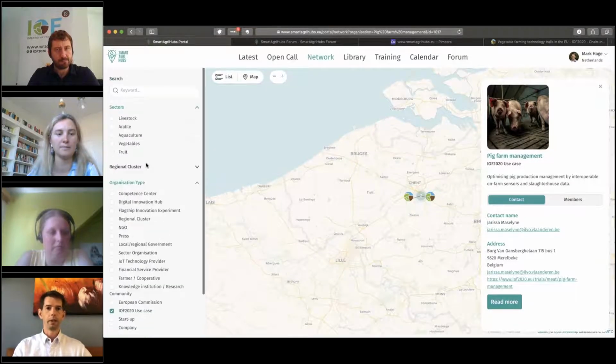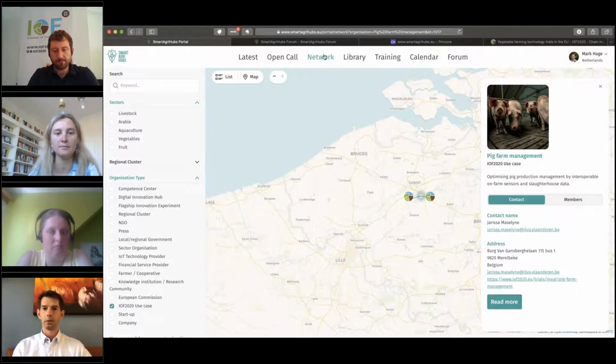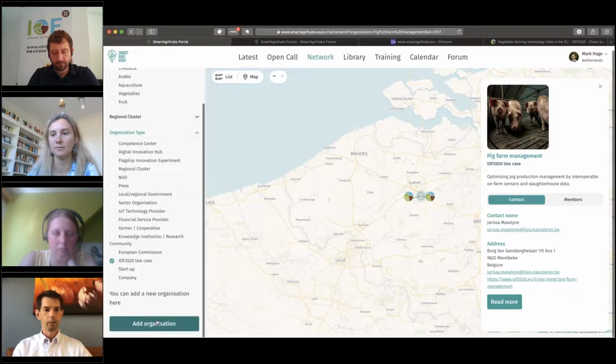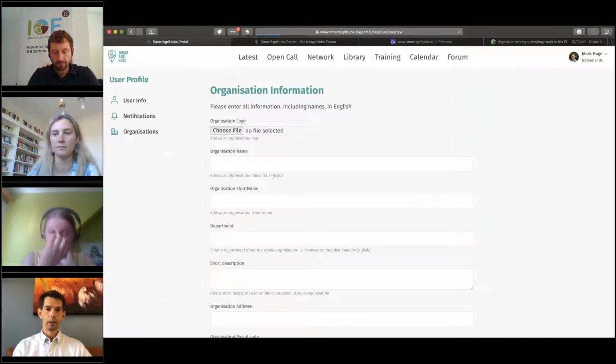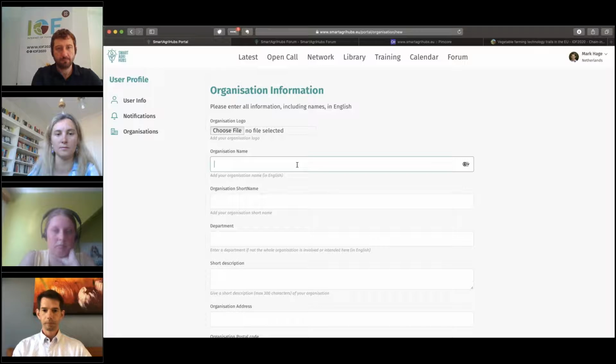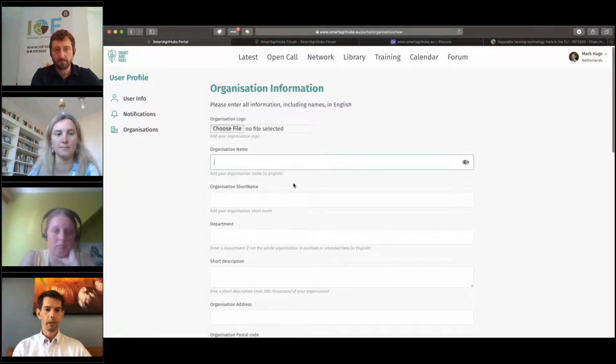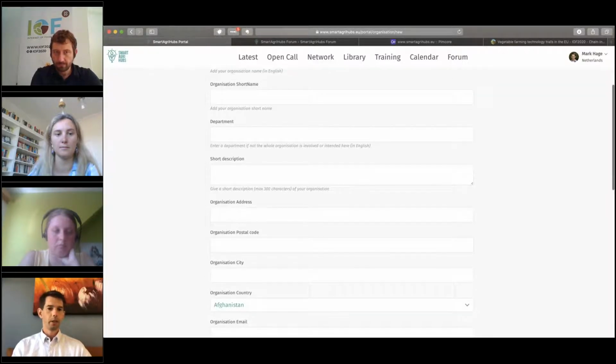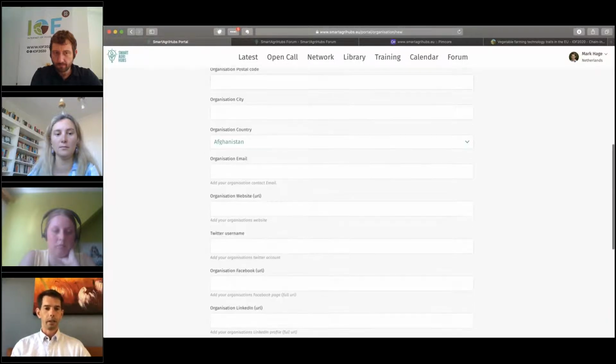So when you are registered as a user in the innovation portal and you go to the network page, then here at the bottom you can add the organization, and the organization in this case will be the use case. So you can put in the name of the use case and add the description of what you're doing,